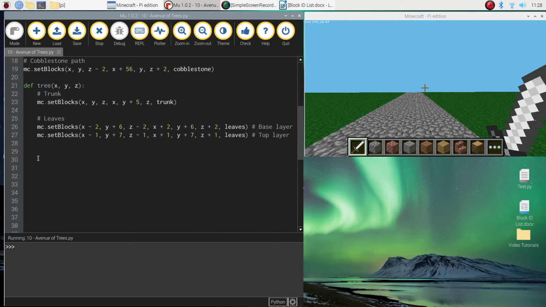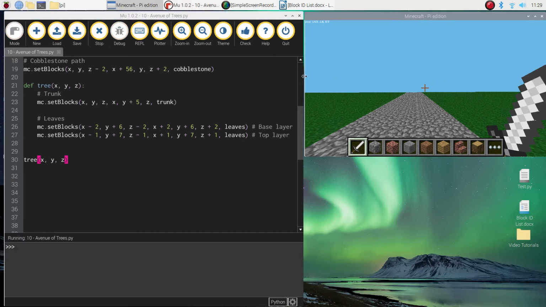Okay, so just to give you a quick example, this isn't the right code that we'll be using in our program, but just to show you quickly, if I jump out of this function, so that means I've moved my cursor back to the left-hand side of the page and just write tree bracket here. I don't know if this is going to work. I think I need to actually add in X, Y, and Z. Yeah, that's what we need. It needs the coordinates. So if I put tree and then add in the 3 coordinates where I'd like to position it and give it a run,